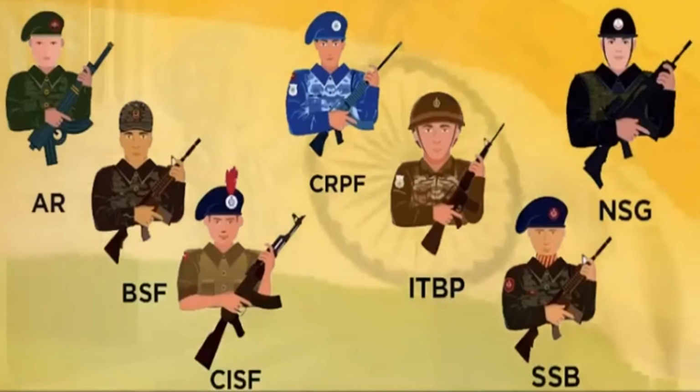The Border Security Force, the Coast Guard, the Central Reserve Police Force, the Rapid Action Force are some of the paramilitary forces. Paramilitary forces are neither completely military forces nor completely civil forces. Their main task is to help the defense forces. They are responsible for the security of important locations like railway stations, oil depots, water reserves, etc. They play a role in management of disasters. The responsibility of protecting the country's international borders during peacetime also rests with the paramilitary forces.